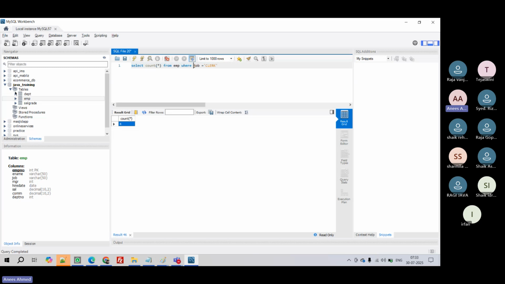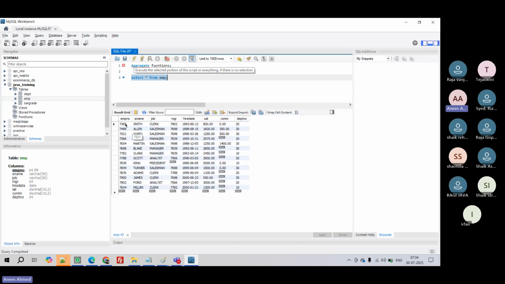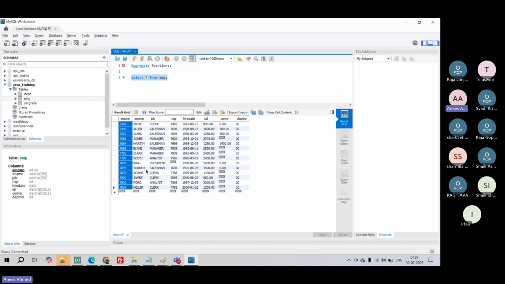These functions are called aggregate functions. What are aggregate functions? They give us details about the records we are fetching, and they perform some operations. For example, when I run select star from EMP, and then count, we got the 14 records. I want to know the total salary of this. If I want to total it, what I can do is write